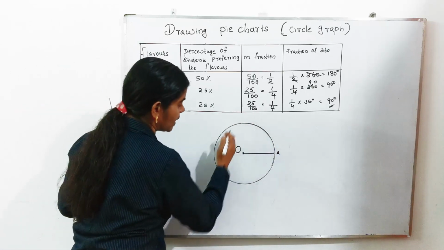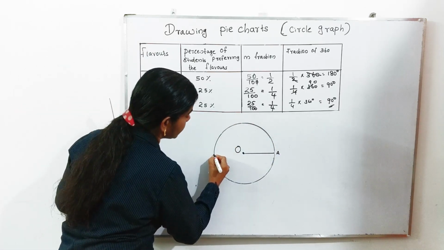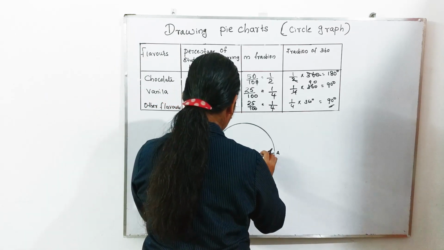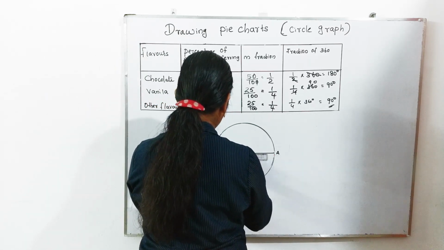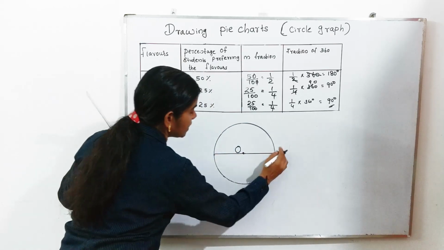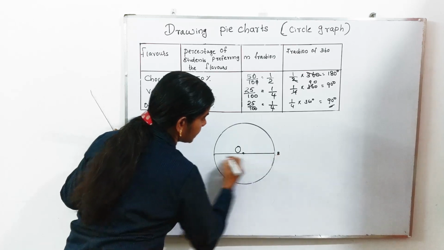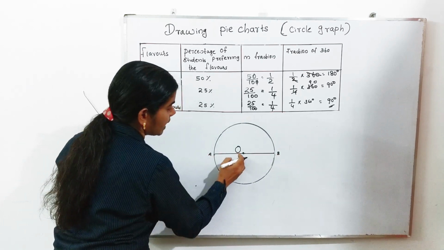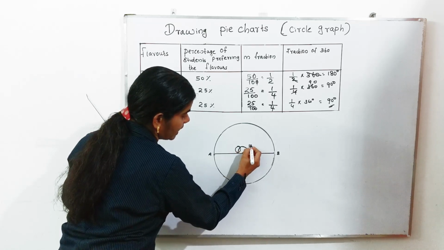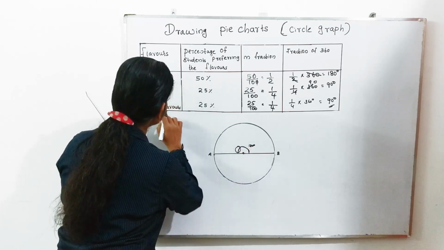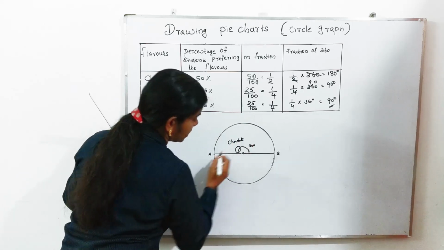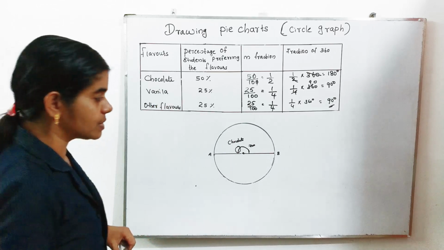Then you want to mark 180 degree. No doubt here will be the 180 degree because it is a straight line. 180 degree. Then this much part I am giving. Here I am marking B and here A. Then AOB will be the 180 degree. This is liked by chocolate, CHOCO. Chocolate. If you want, you can give another shading also.